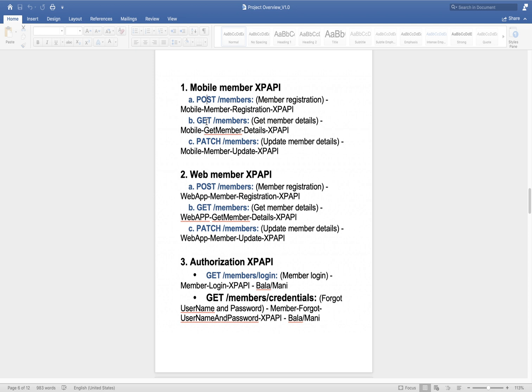Now, if I want to create one API, and that API is creating one resource, but I am using the GET method. Can anyone tell me, is this technically possible or not? I am using the GET method, but I am creating one new resource. Can anyone tell me the reason why it's possible? Actually we should use the POST method. The POST method creates a resource, but you are saying.